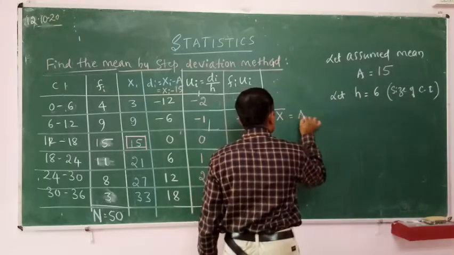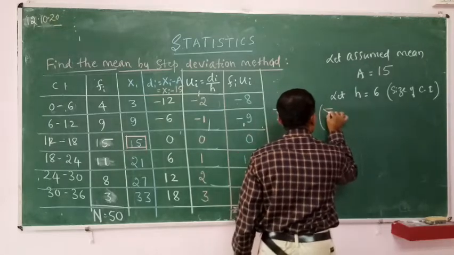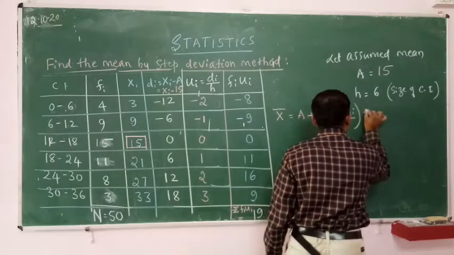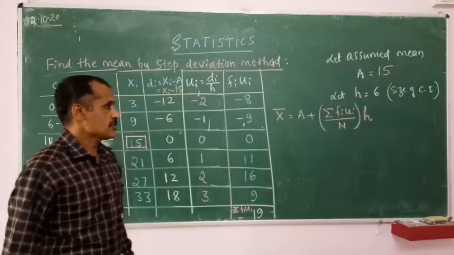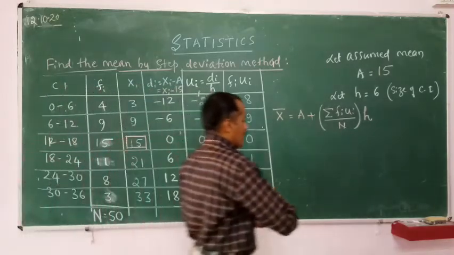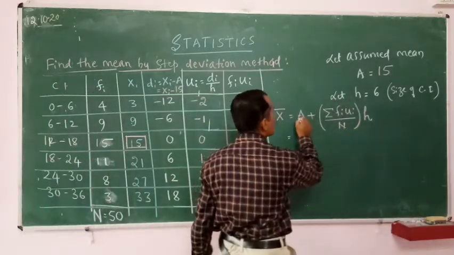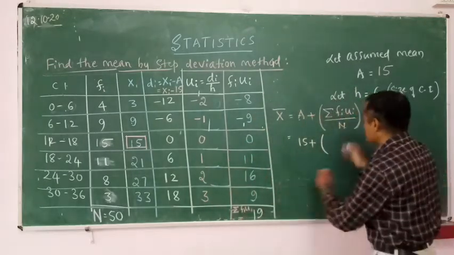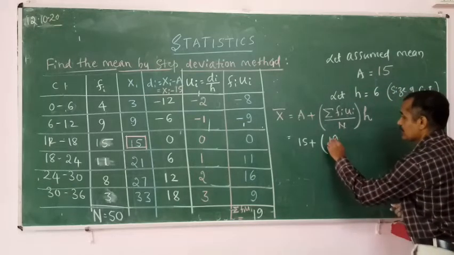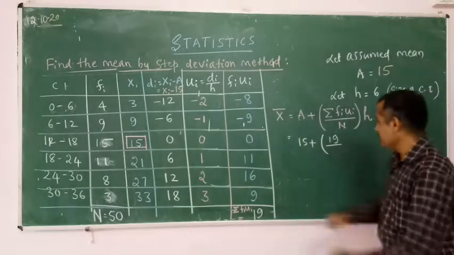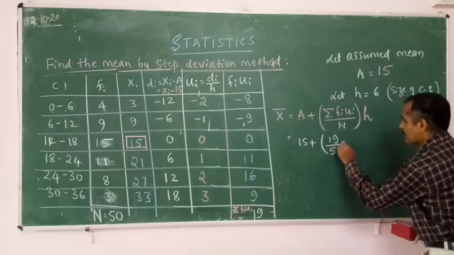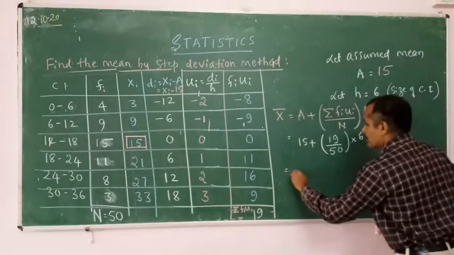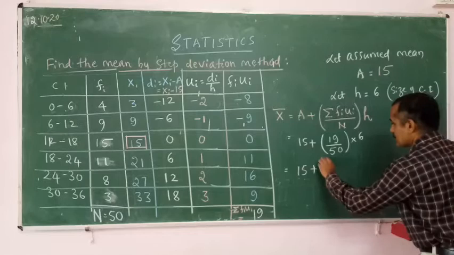Mean x bar is equal to a plus summation fi ui divided by n into h. Which is equal to the assumed mean 50 plus summation fi ui is 19 divided by 50 into 6, which is equal to 15 plus, if you simplify here,